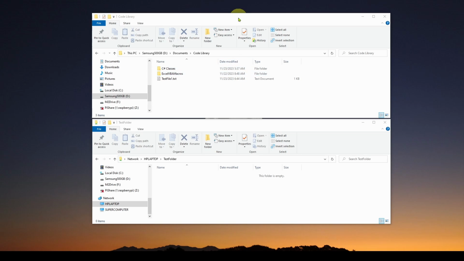And you can see here I've got two file explorers open. On the top I've got the folder that I want to back up, all of the files and folders inside that folder. I want to back that up, and on the bottom you can see another file explorer for another computer altogether. It's a laptop that I've got on the same network. And I want to back all those files and folders up to another folder, a shared folder on that other